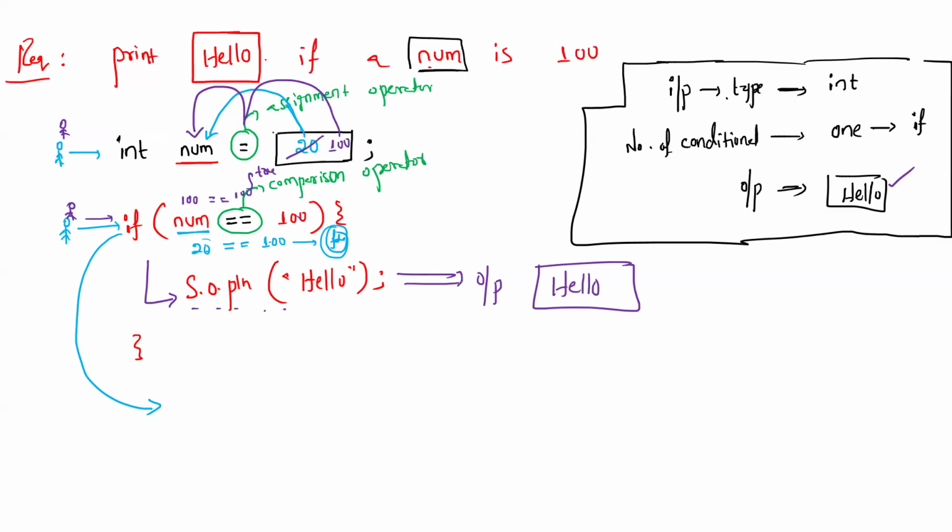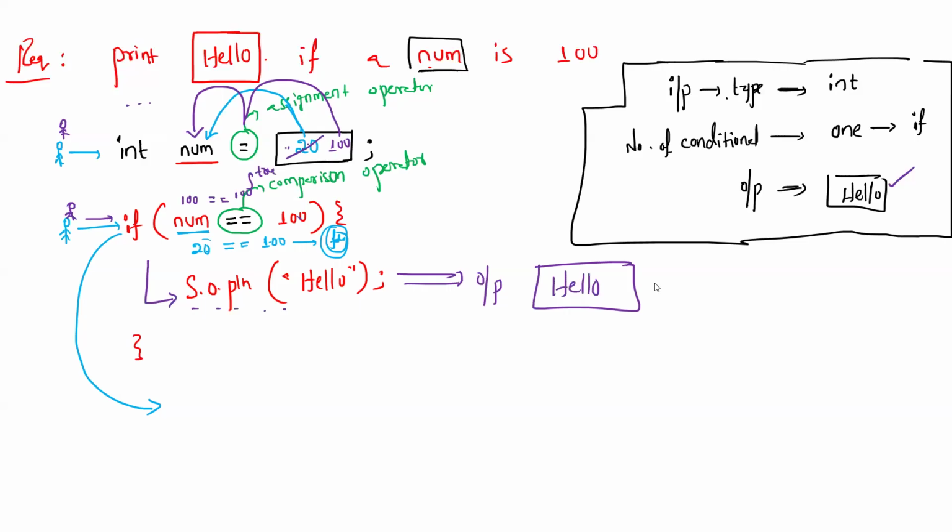Since we know the Scanner class, can we read some integer and assign it to this? Yes. We can use the Scanner class to read the variable and give the value from the console. If you give something else, there is no output. If you give 100, you get output according to this program. So this is our first example of the if condition only. There is no alternate for this.